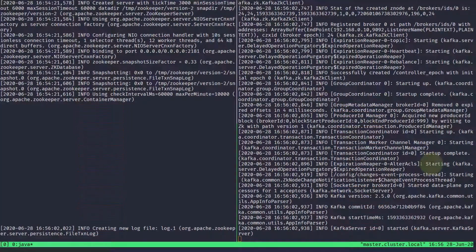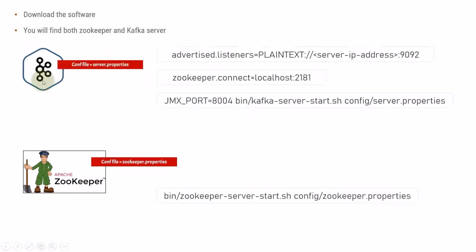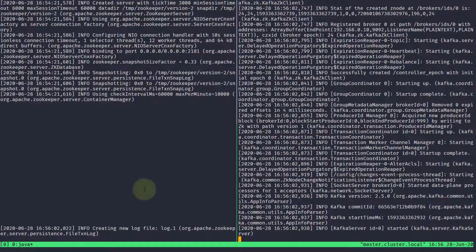So in this way, we have installed both Kafka server and Zookeeper, and both are up and running. So this was all about this video, on how to install Kafka and Zookeeper in your system. I have done it for Ubuntu 18.04, but more or less it will be the same for every Linux environment and also for the Mac environment. For Windows, you need to search on the internet for how to install Kafka and Zookeeper. It is very simple. Later on we can write some code through which we'll see how we can produce messages and how we can consume messages.